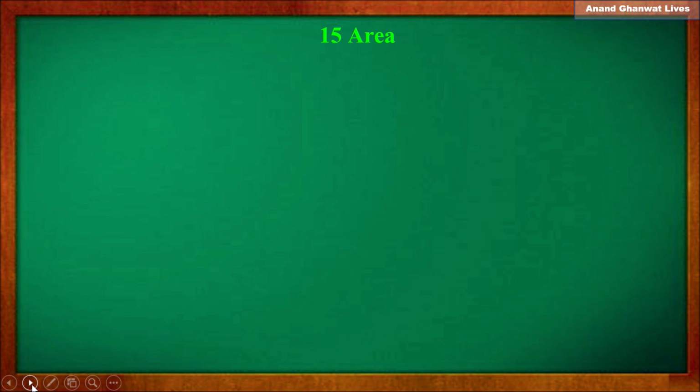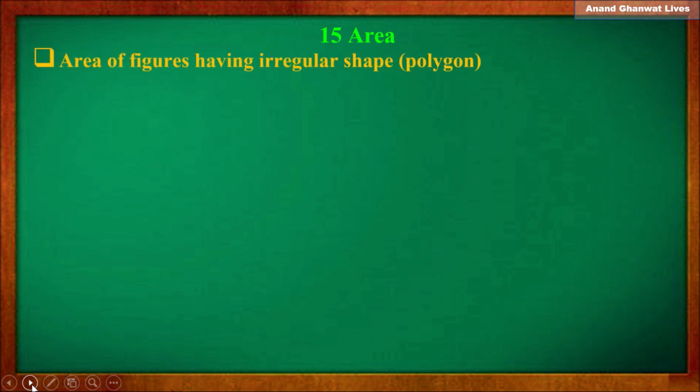15th chapter, area. Now in this lecture we are going to learn the area of figures having irregular shape, polygon. You know the meaning of polygon. Now if this polygon is of irregular shape, then how can we find the area of that total polygon? For that